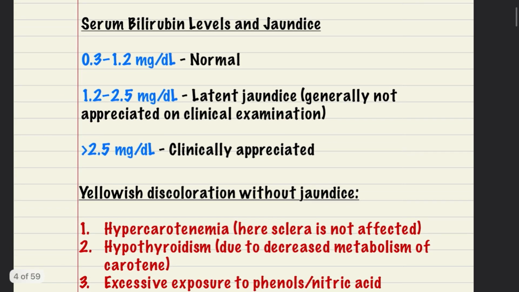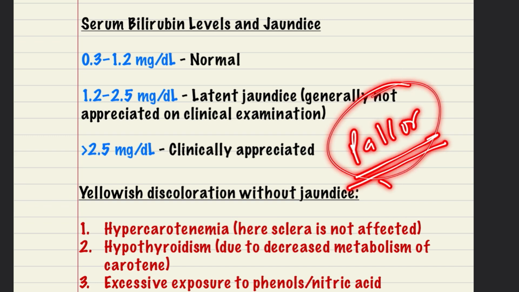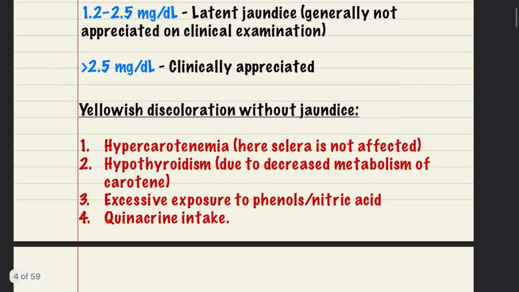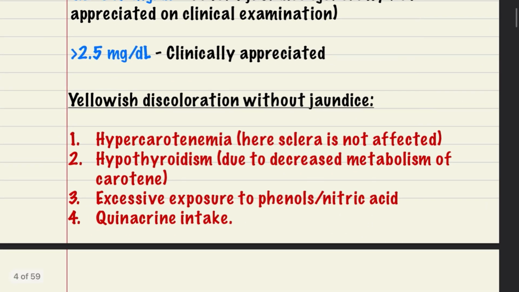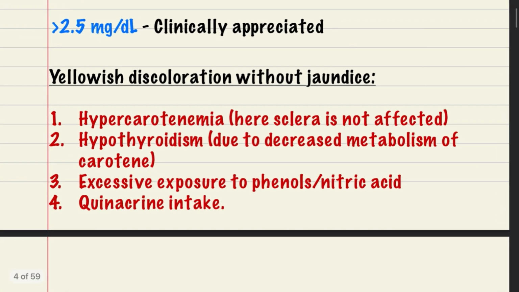What is clinically appreciated when it becomes more than 2.5 milligram per deciliter? So what we said, that yellowish discoloration of the skin and the mucous membrane due to the bilirubin levels, but there are a few conditions, just like we discussed in pallor, that there are some conditions which cause pallor without anemia. There are conditions which cause yellowish discoloration of the skin and the mucous membrane even when there is no jaundice. So the first condition is hypercarotinemia, because it contains